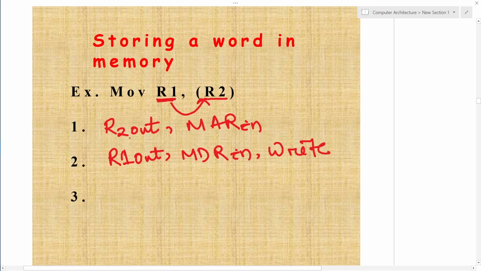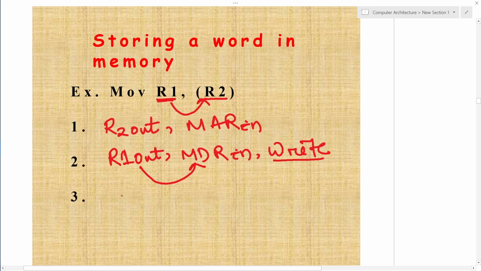Why? Because the content of R2 is available at MAR, and the content of R1 which will be written to the memory must be available at the data register, and once it is available at the data register, the action to be done is the write operation.